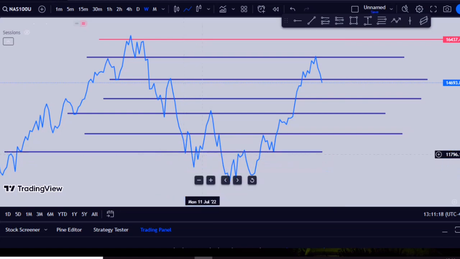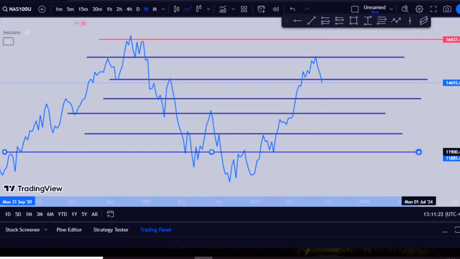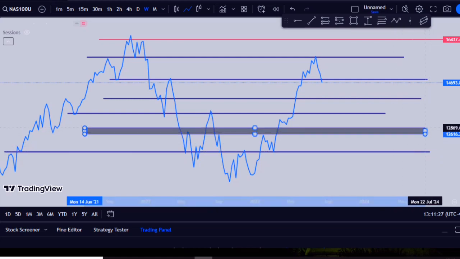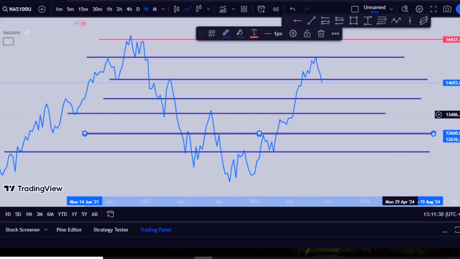So with this we are done. Right, we are done drawing our support areas, our key levels. All right, so we go to the,